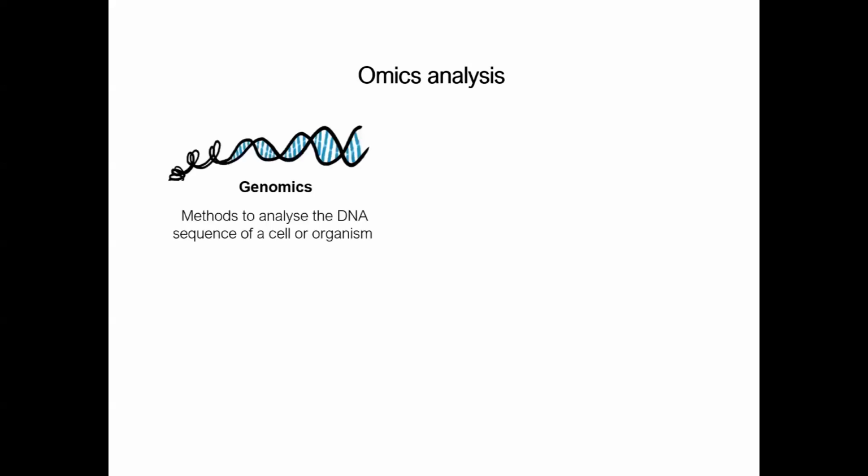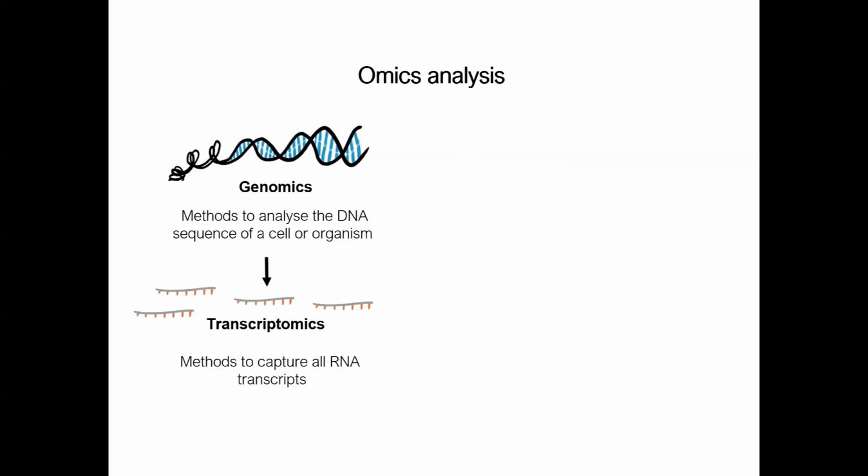Under the term genomics, various DNA analysis methods are summarized. With such methods, unintended changes in the DNA sequence, such as off-target effects or additionally inserted DNA fragments, can be identified. Methods that determine all RNA molecules in a cell are summarized under transcriptomics. For example, mRNAs can be identified that are present in a truncated form as a result of exon skipping, or completely new mRNAs that have been created by frameshift mutations.